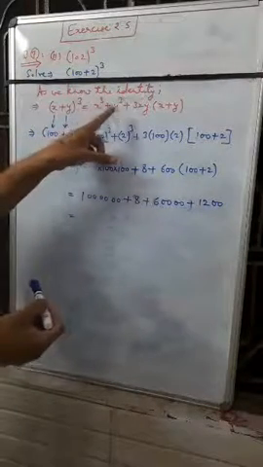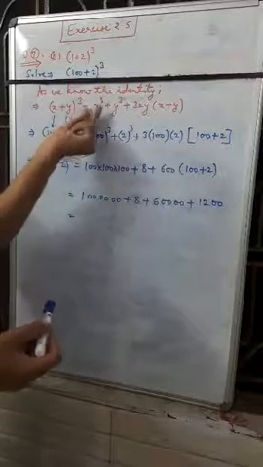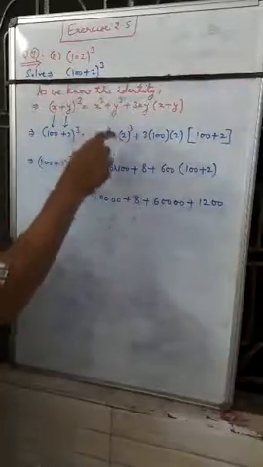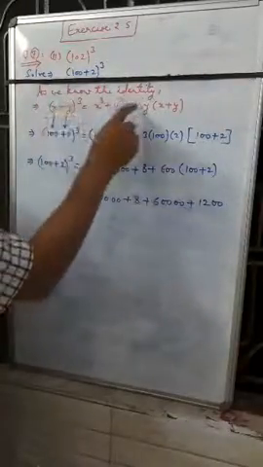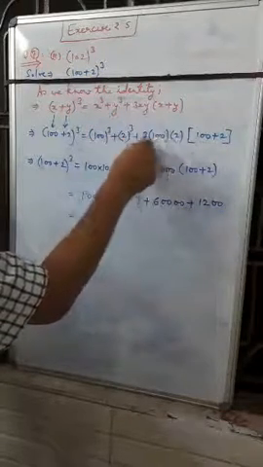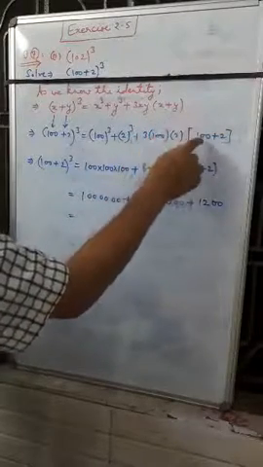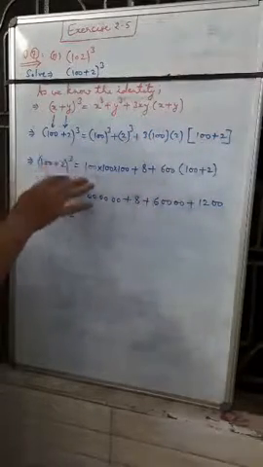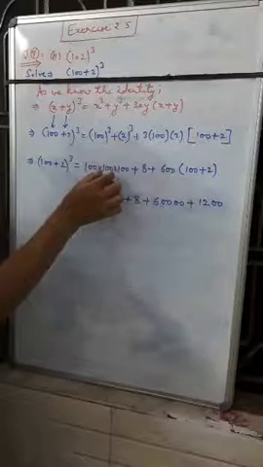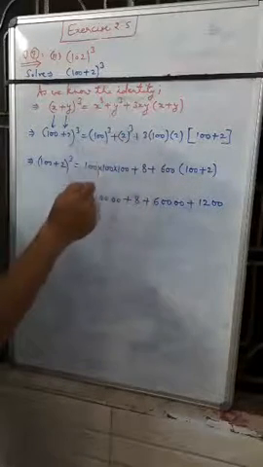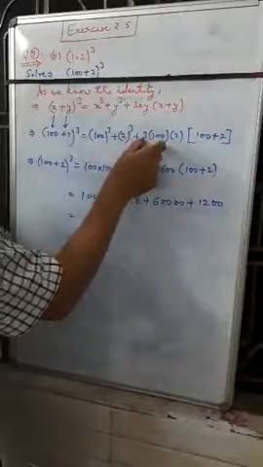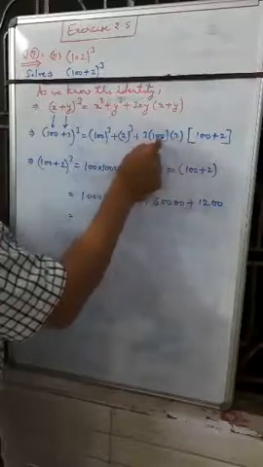So in place of x cube, y cube plus 3xy (x plus y), we will put all the values of x and y. So x is equal to 100. So we will write 100 whole cube plus y cube, meaning 2 whole cube, plus 3xy. So 3 into x is 100, and y is 2. Then x plus y is equal to 100 plus 2. So (100 plus 2) whole cube is equal to 100 cube. That means 100 will be multiplied 3 times: 100 into 100 into 100. And 2 will be multiplied 3 times. So 2 2s are 4, 2 4s are 8. Now 3 into 100 is 300, and into 2, 300 2s are 600.